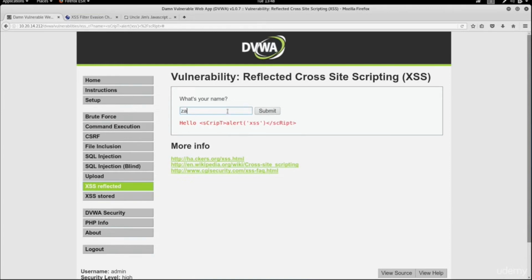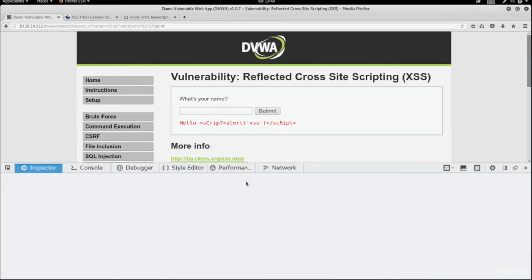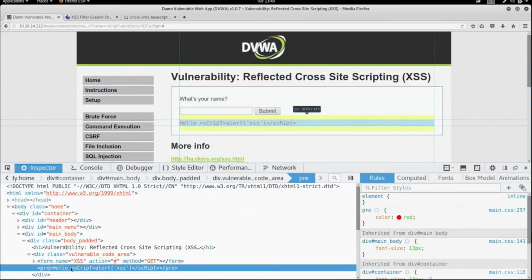So if we say Zaid here, you'll just see my name. And if we inject our script, you'll see it appearing as if it's a normal name. You don't only see what's between the tags, and the code doesn't even get executed. If we look at the source, you'll see all the tags. So you can see the script tag, you can see the close of the script tag, and everything is being injected properly. So you think that this should work, but it doesn't work because the website or the web page